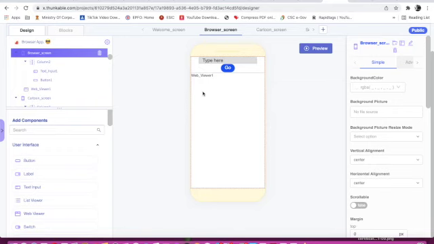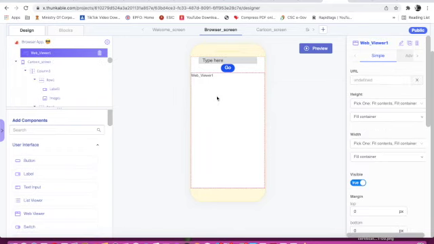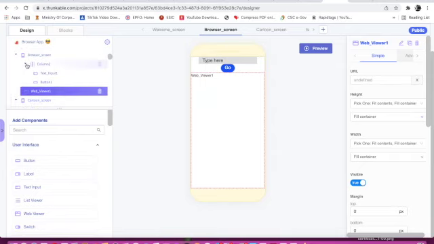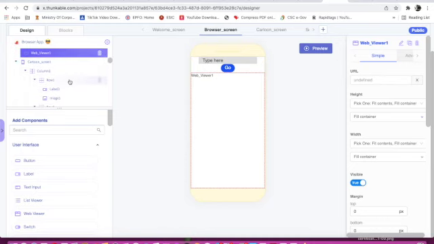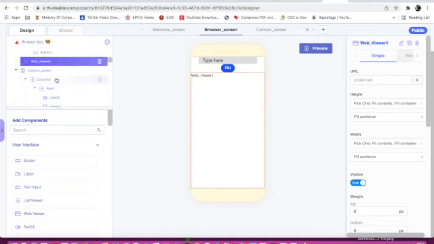For taking the web viewer, first of all we have to hide the column that we have taken in the upper part. Column 2 we have to hide, then only we can take the web viewer, otherwise it will not be able to take. Now the browser screen is done.